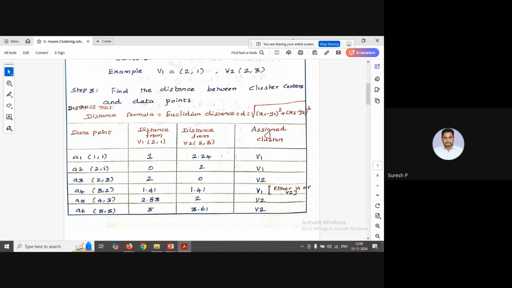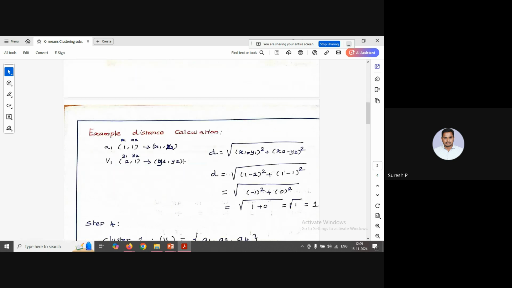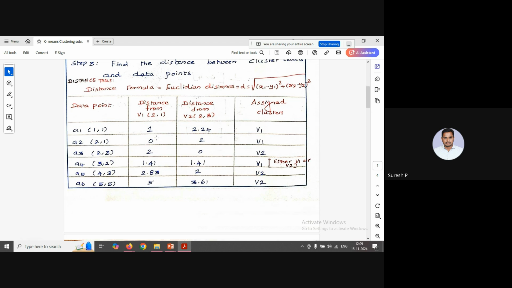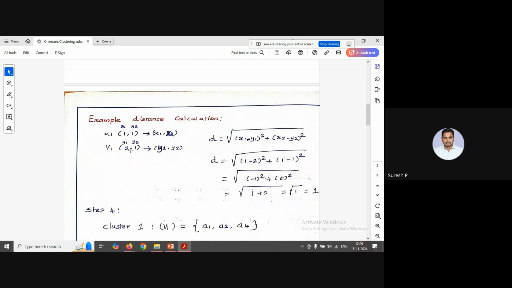If you have 4, x4 minus y4. That also can be added here. So assume that this is the center, v1 2, 1, the formula is given, and the data point is 1, 1, A1. So x1 is 1, x2 is